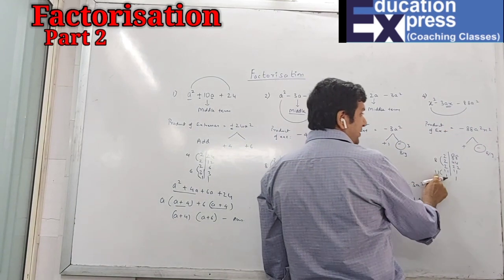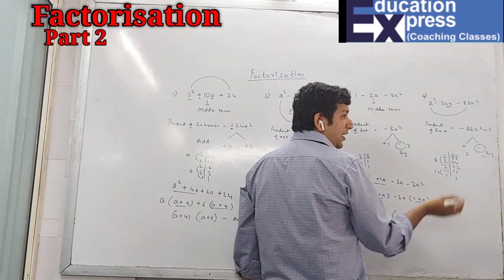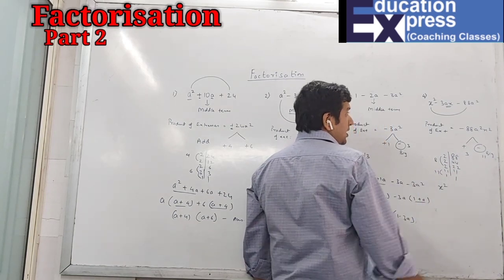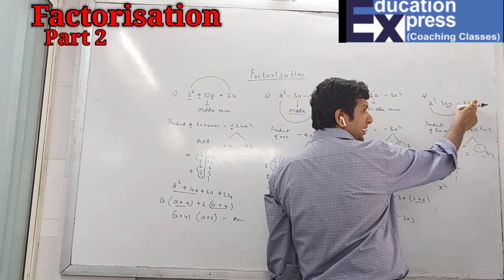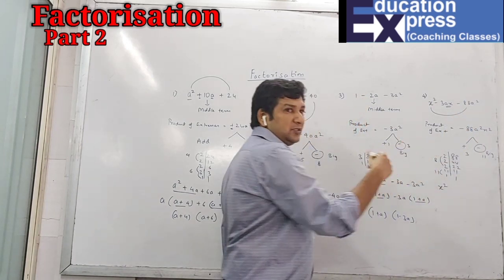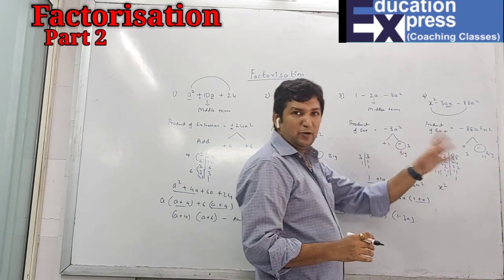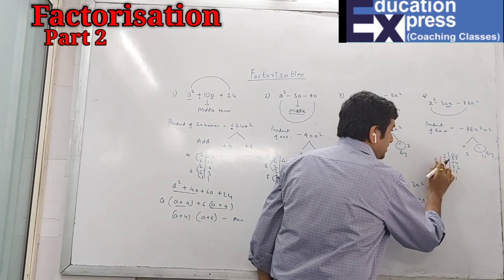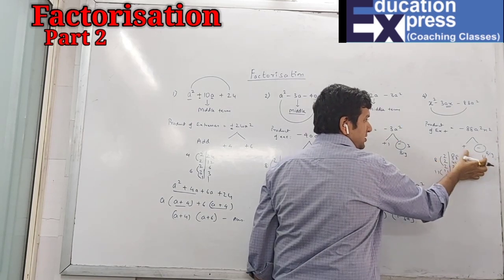So here the bigger number is 11, it will get the negative, and this will definitely get the plus. Now I have told you how to place it. The first x square. Then obviously I have 3 and I have 88. So which number can I write next to 88? I can write 8 also because 8 11s are 88, I can write 11 also. So it's your choice. You can select whatever number you want to place next to 88. Here I will take first my 8 only.